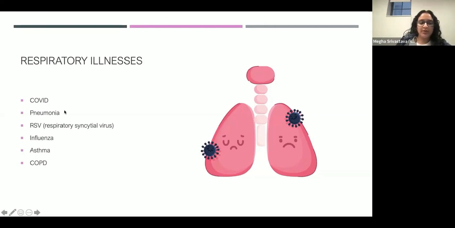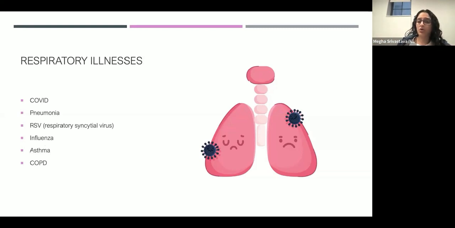So I'm going to talk a little bit about some of the vaccines, just a general overview, because I'm sure a lot of people are itching to know what you need and where to get it. So I wanted to start out with that. A lot of these illnesses are different in terms of the cause. Asthma and COPD aren't caused by viruses, but a lot of these are interlocked in some way. Asthma and COPD put you at risk for respiratory illnesses because your lungs are a little weaker. COVID and RSV are viruses. Influenza is a virus. Pneumonia is actually caused by bacteria.